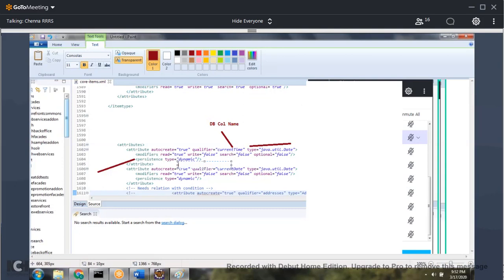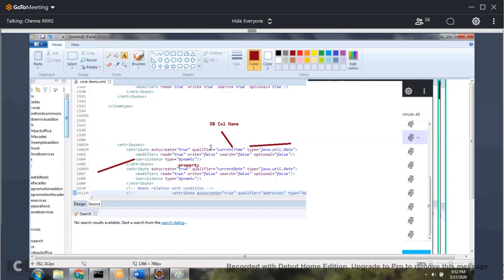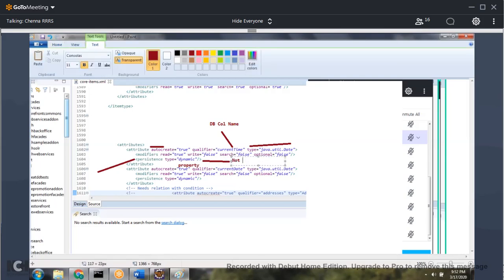When you make the attribute persistence type equal to dynamic, it will not be created in the database. It will be used for Hybris purposes only.